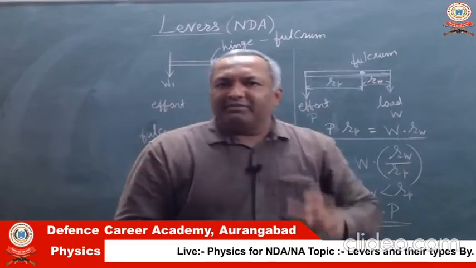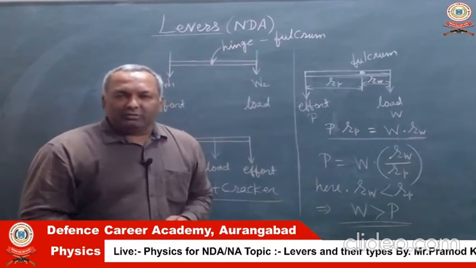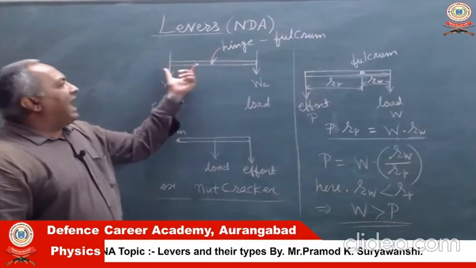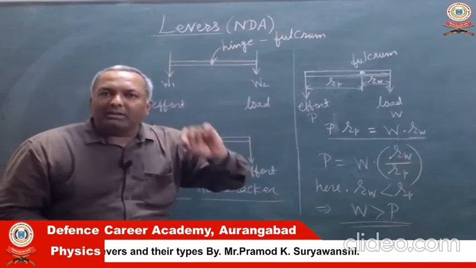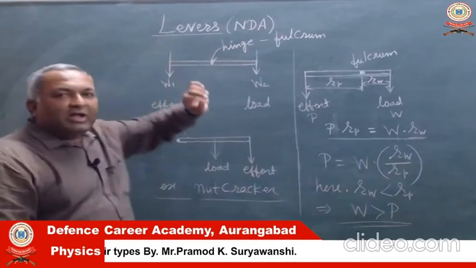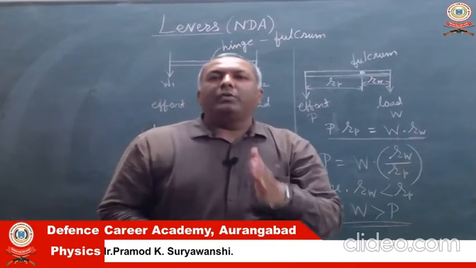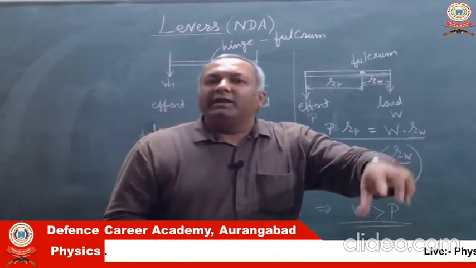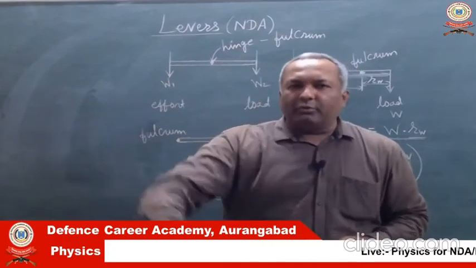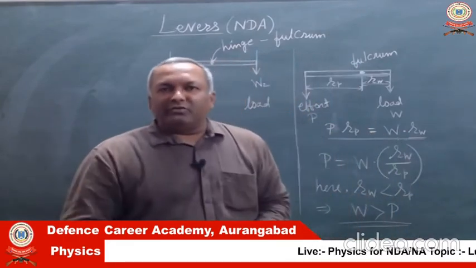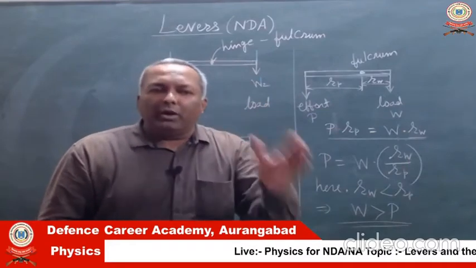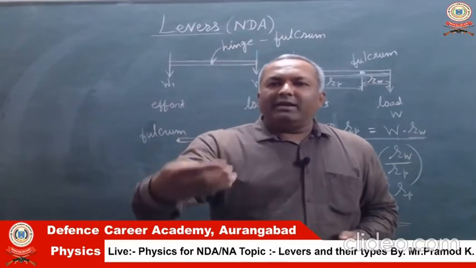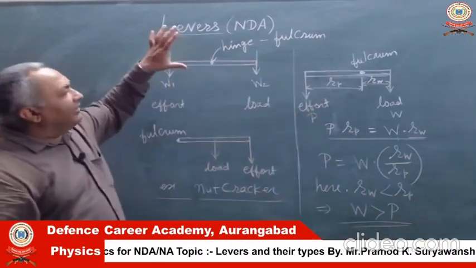So, that's what happens in a beam balance or a tarazu, the one that we see in the grocery shop. What happens in a beam balance is load and effort have equal moment arm. That means the fulcrum, the hinge, is situated exactly midway between load and effort. So on one side you put a standard 1 kilogram weight, on the other side you put some grocery like maybe sugar or peanuts. So when the force on both sides of the beam balance becomes equal, only then it will become horizontal, only then it will remain in that position.